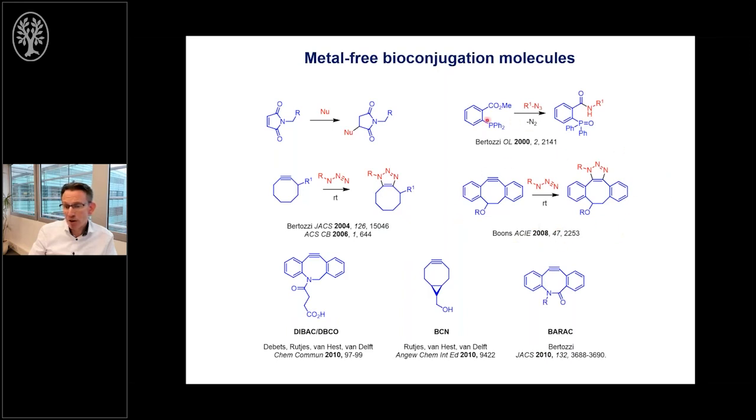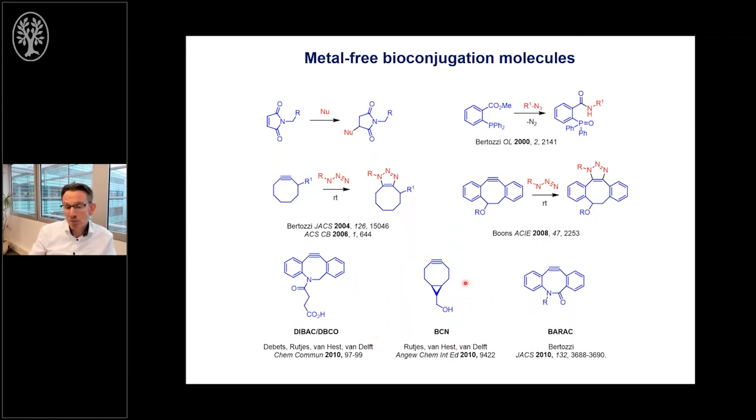I think there's this example from the Boons group, or Geert-Jan Boons, I should say, on Dutch, which was an early one. There is another one from Carolyn Bertozzi that was very fast, and from our group came those two molecules. First, we call this one DIBEC, benzoazacyclooctine, but unfortunately nowadays it's known as DBCO, which I think is a less good name, but that is the name that is used nowadays,